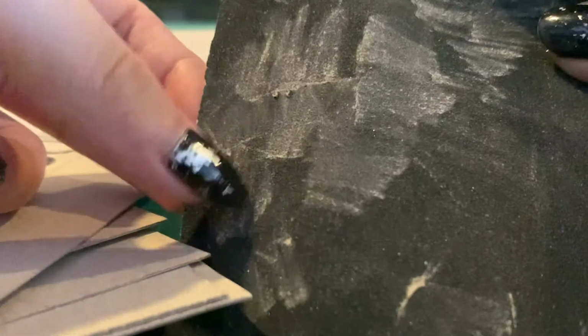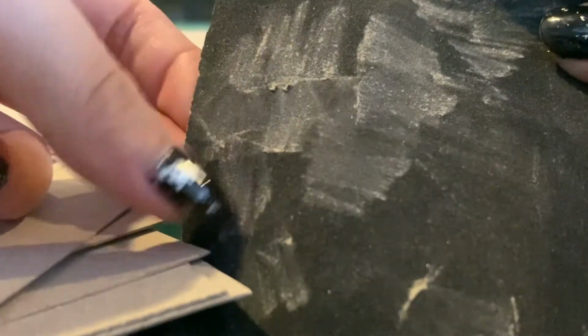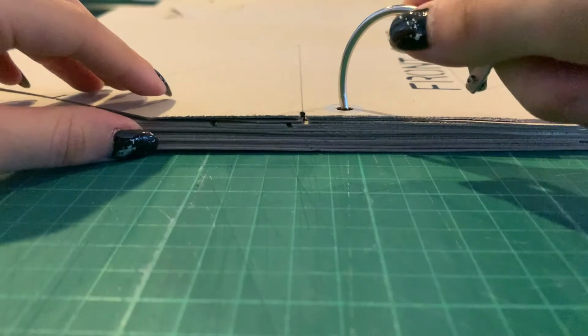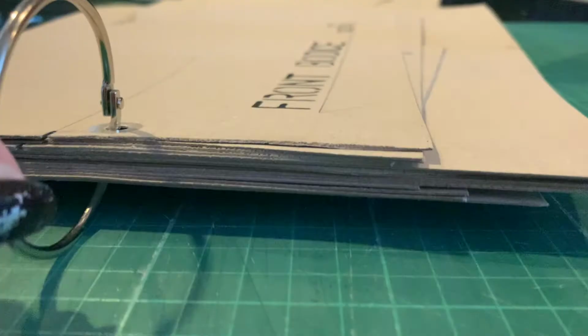The last thing I had to do for my blocks was to sand out the rough edges, punch out holes, and add some protective tape to prevent them from tearing open. And what's typically done in the studio is to join them together by a ring so that they can be